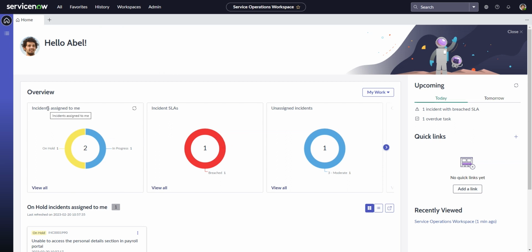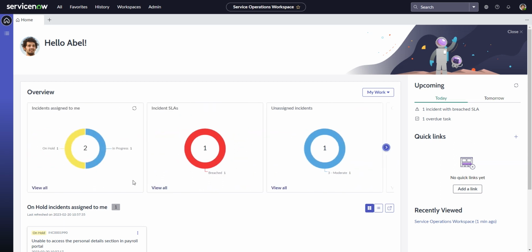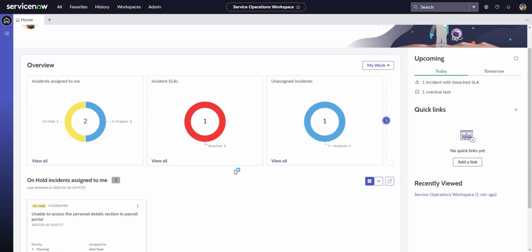This is what you get out of the box. Incidents assigned to me, incident SLAs, unassigned incidents. And if you go over here, yeah, there's catalog tasks as well. So this is what we get out of the box. And if we click on any of these things in the visualization, we get a list down here, or actually